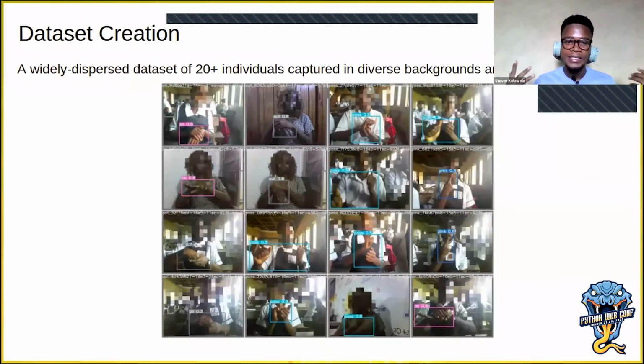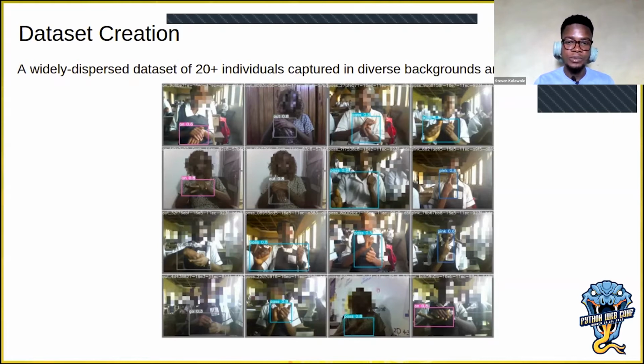We had a widely dispersed data set of 20 individuals captured in diverse backgrounds and lighting conditions, right? If you look at this, you see that the backgrounds are quite diverse. We try to account for low lighting, and then we try to account for a little bit of blur in the images.